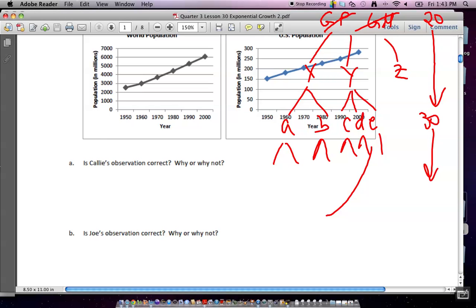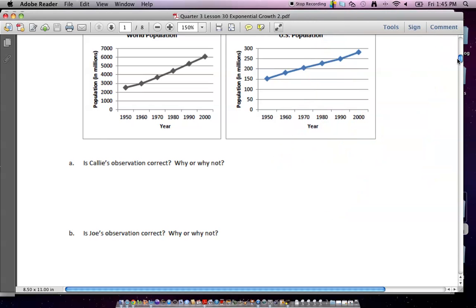Now, how come if this is population, these things look like lines? Because it's not the whole thing. That's right. It's not the whole thing. It's a small piece of the graph. And I went on in the last class to explain this, and I drew it all out, and I said, look, at any point in time on a linear graph,